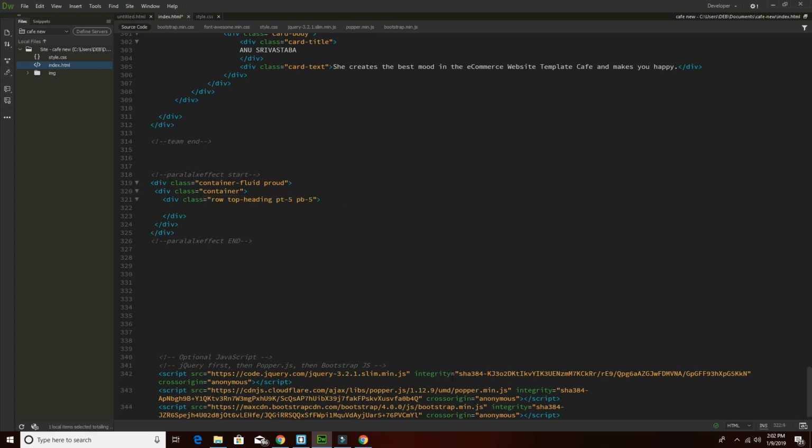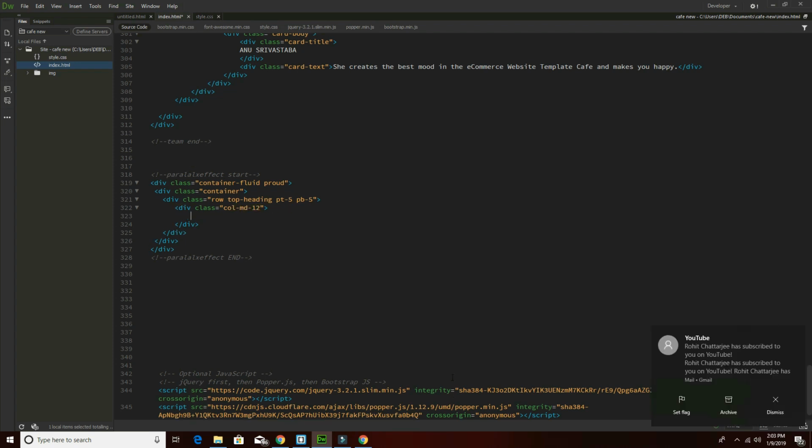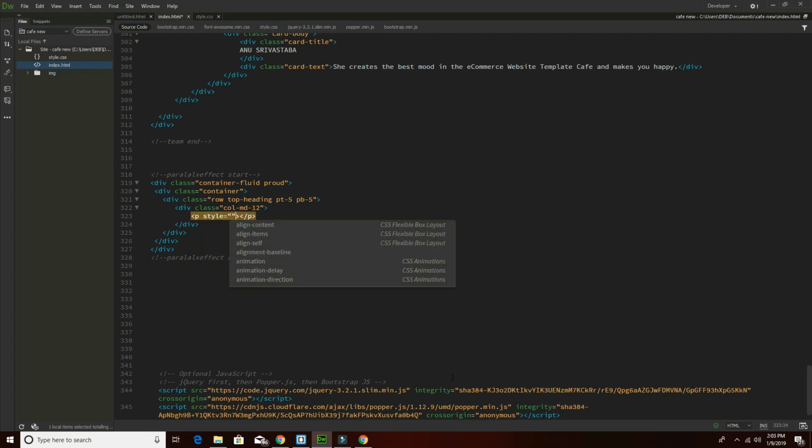So let's save it. In this row, what to do, like I have to take a col md12, class will be col md12, and here I am taking one paragraph, and here I am using some inline style only. So style like previous, and to get white, and there's some random text here,